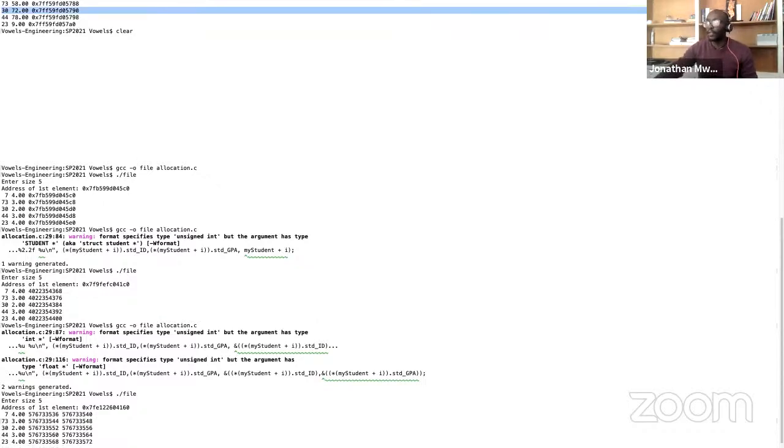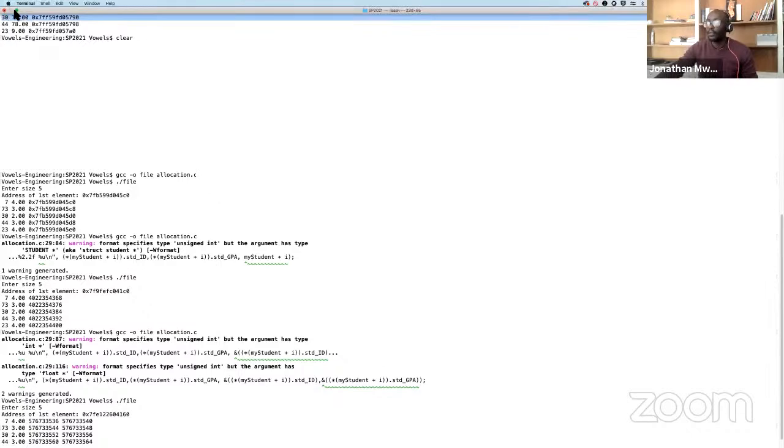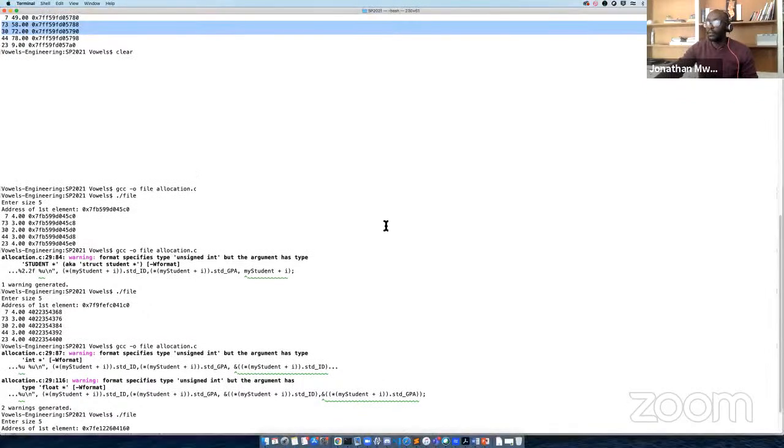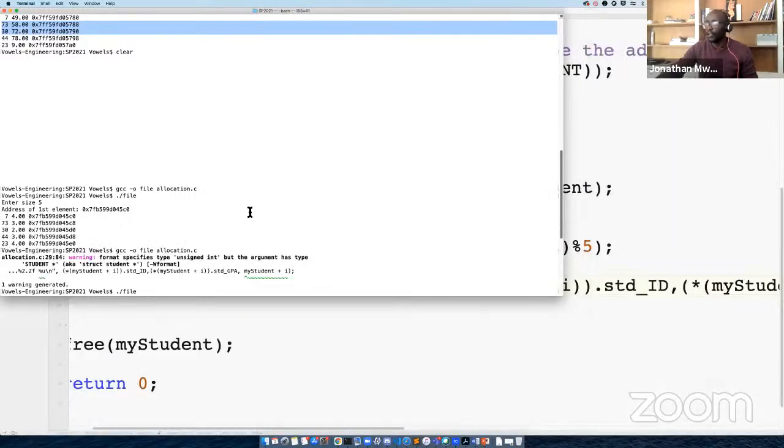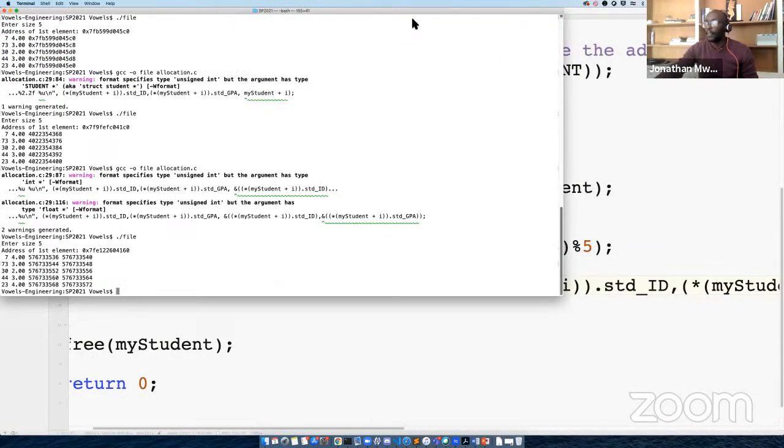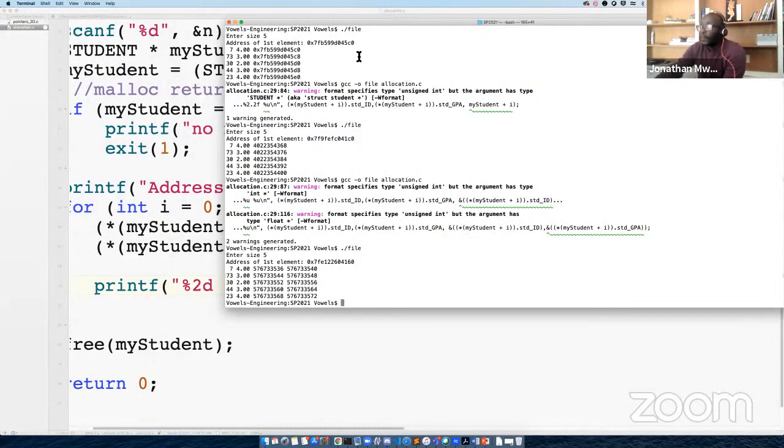Okay, it's not doing whatever we want it to do. We wanted to zoom the numbers. Okay, so it doesn't matter as long as everybody can see.